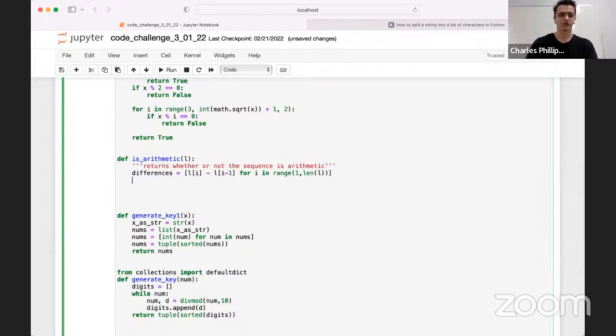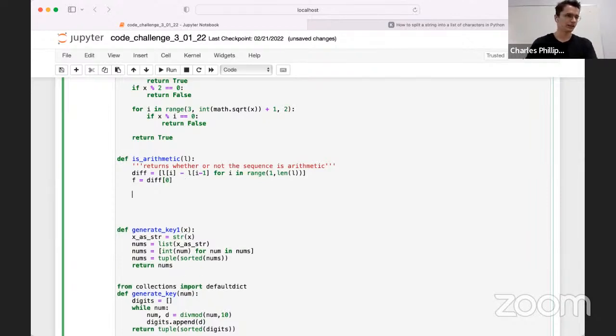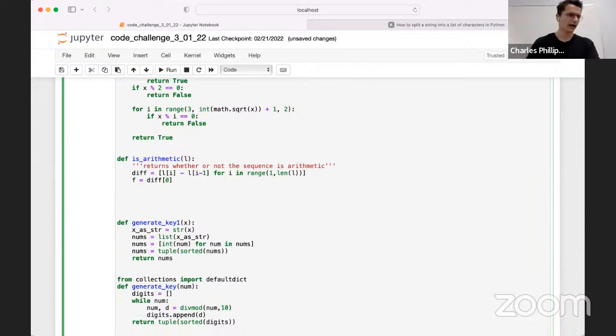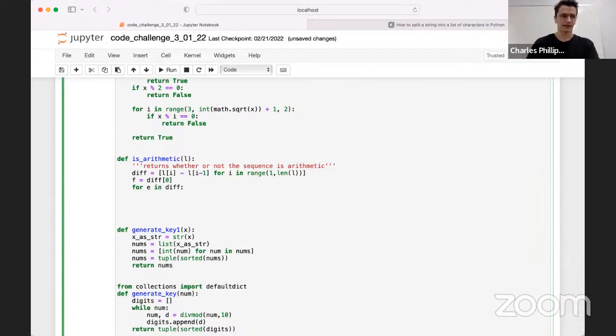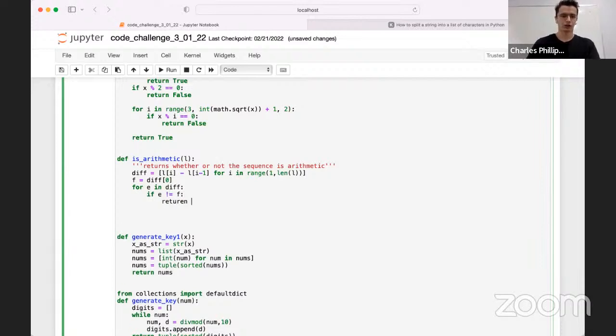Just like Joe did before, I'll say the first difference we see, I'll call it F, is equal to differences. I hate typing differences, so I'm just going to call it diff of 0. Now we're going to say for every element in diff, if this element is not equal to F, we're going to